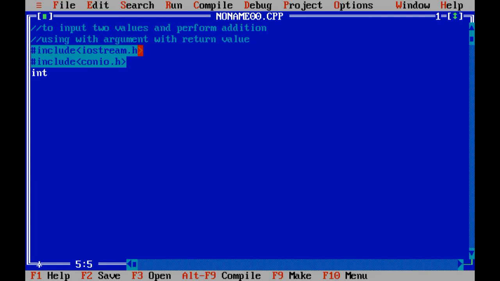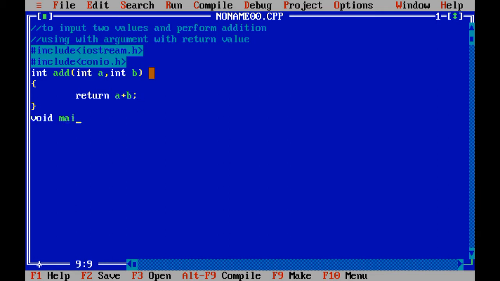So I am going to take the return type integer, then function name add, and because I require two values for addition, I have taken two variables, integer a comma integer b. Let me remove the semicolon here because I am going to define the function right here, and I am going to put a return statement, a plus b.